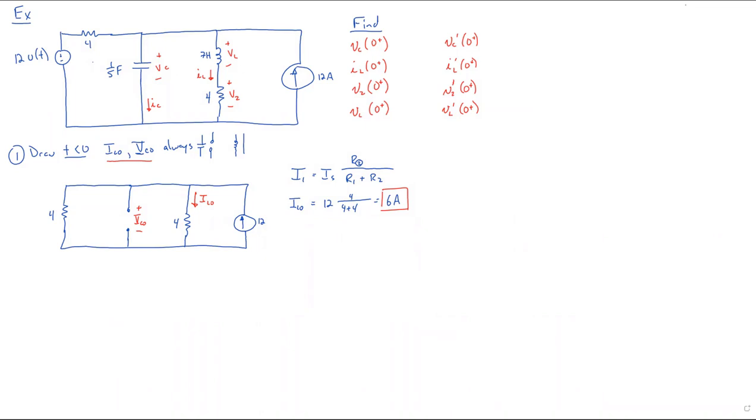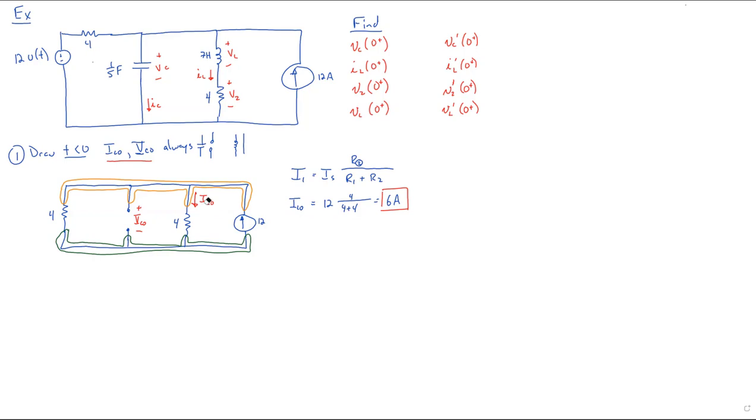Okay, now that you know the current through the 4 ohm, the next issue is to realize that there's only 2 nodes here. We want to find VC naught. But VC naught is the same everywhere in the circuit as the voltage difference between the top node and the bottom node. And so that means VC naught is also the same as the voltage difference across this 4 ohm resistor, this 4 ohm resistor, and the current source. Now, if it was a voltage source instead of a current source, it would be trivially easy. You could read it right out, but it's still pretty trivially easy